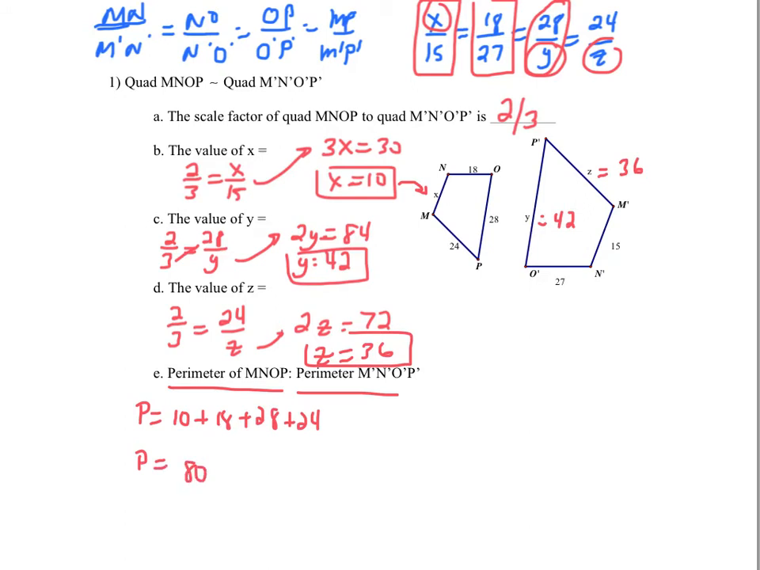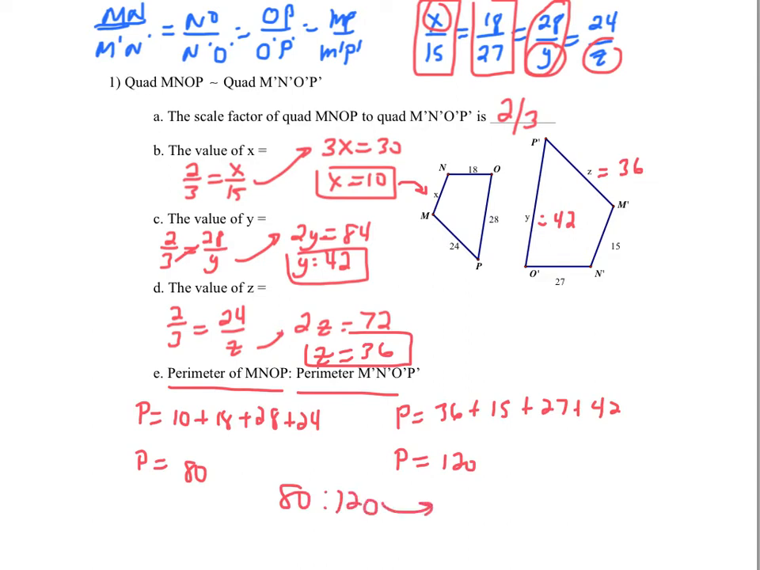And now we're going to compare this perimeter to the perimeter of the larger figure. So for the larger one, we have to add 36, 15, 27, and 42. And those total 120. So if we're comparing 80, I wrote 8, so let's fix that. If we're comparing 80 to 120,